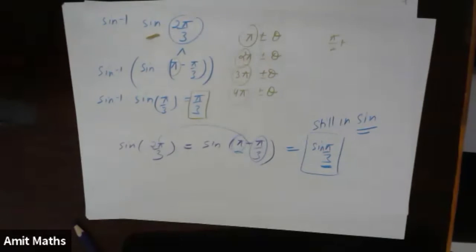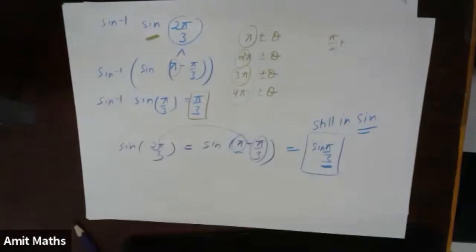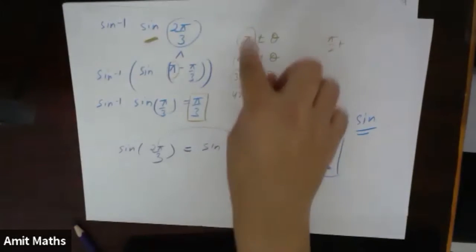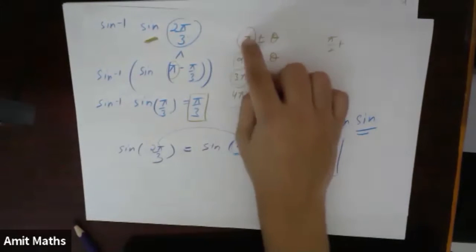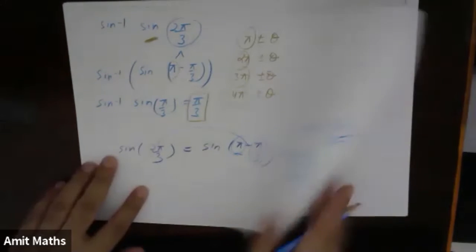Understood? Here I do not have to change the sign, so I am using pi. If I had to change it into cos, we would use pi by 2. Suppose it was cos, if we had to change, then we would have used pi by 2 or 3 pi by 2, whichever would have been easy for me. Understood, everyone? Yes, very good. Excellent. Okay, let's move on to the next example.